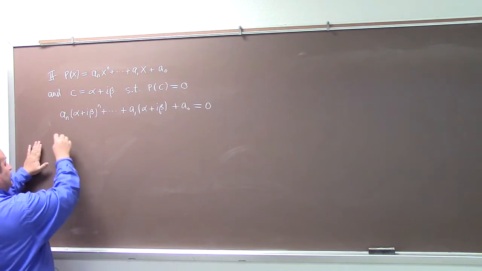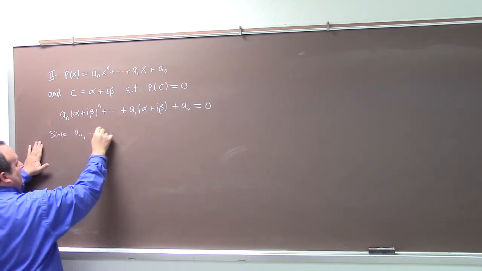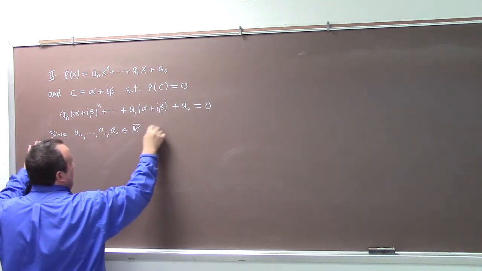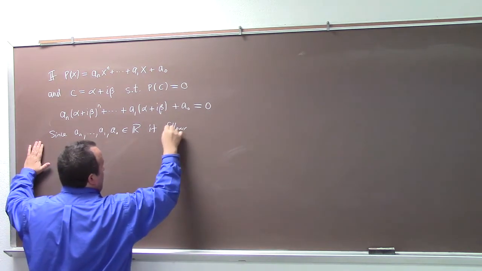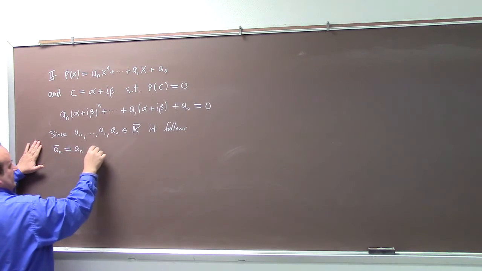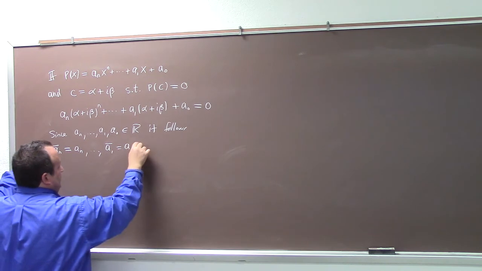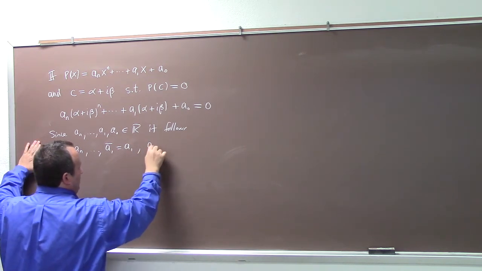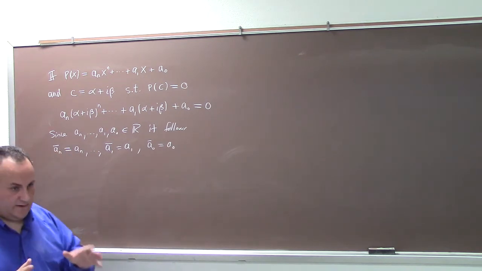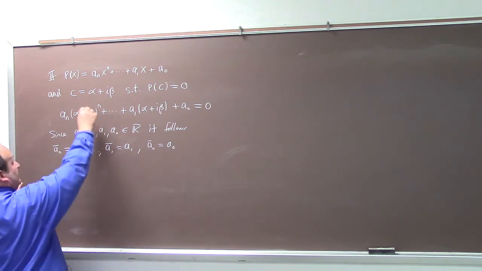Since a_n all the way down to a1 and a0 are real, the complex conjugate of a_n is a_n, and so forth down the line. They're real coefficients, so they're unchanged under complex conjugation. So if I take the complex conjugate of this equation right here,